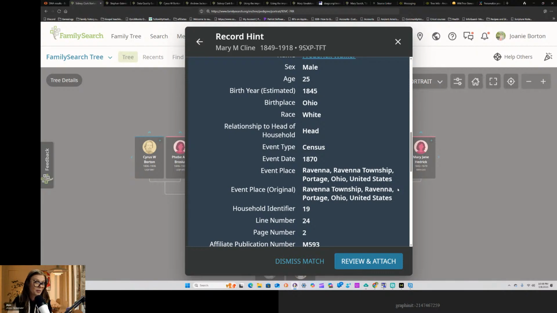I could do that with RootsMagic. I could do that with Ancestral Quest. So there's just so many cool tools out there that you can do that. So that's what I do, and I'm going to talk to you guys about Ancestral Quest soon, but I'm working